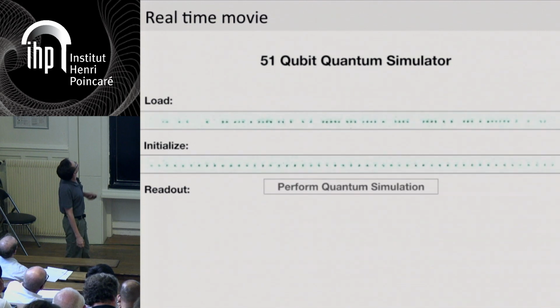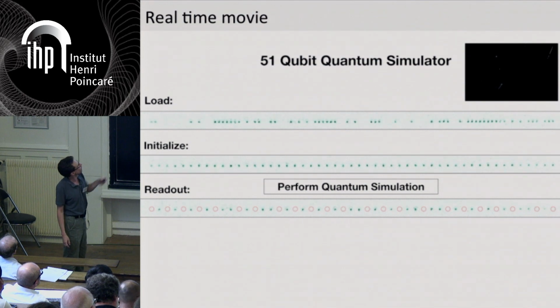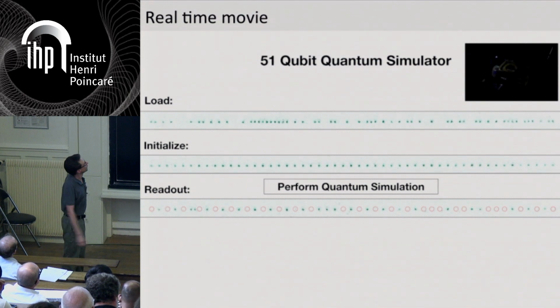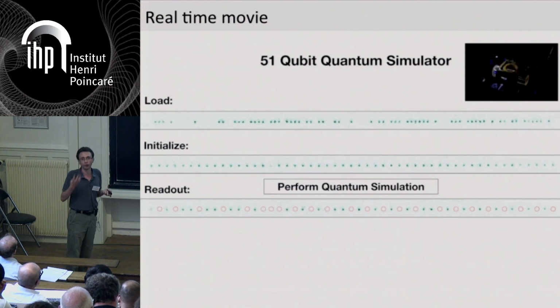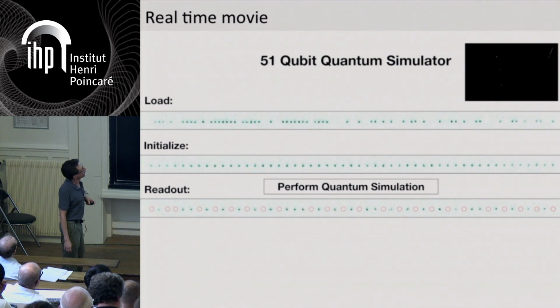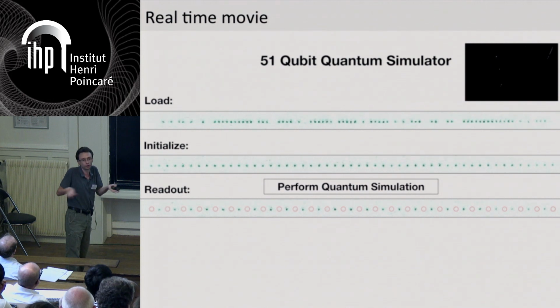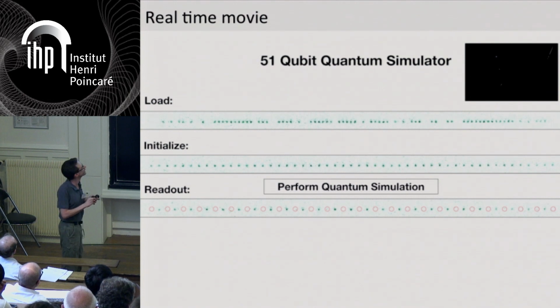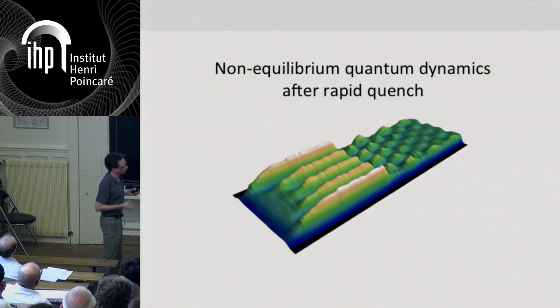So here's a real-time movie. The first line is a random distribution, the second line is the initial state after rearrangement, and the third line is what we get after the sweep. You see we typically have 4 cycles per second. This 18,000 data were taken over 2 or 3 hours, so it's not too painful in this sense. And of course, this movie ends on the perfect antiferromagnetic chain, as you would expect.